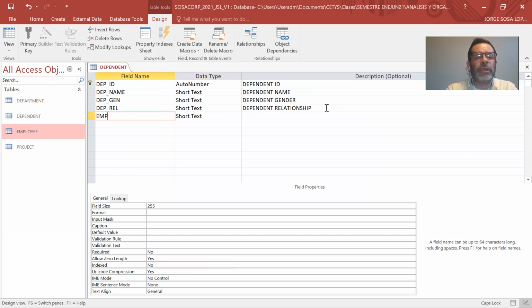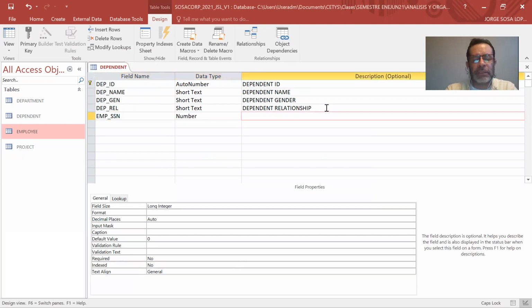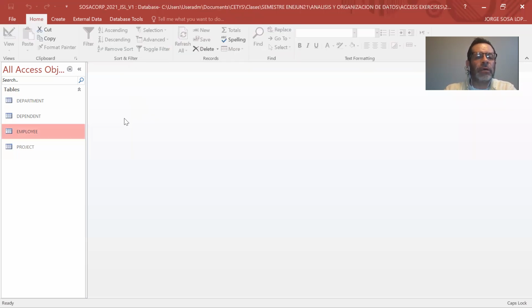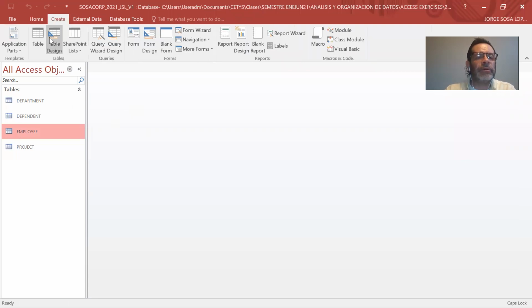the employee social security number. This is going to be a number, and this is going to be dependent, the employee dependent social security. So the employee that's associated with dependent. Okay. And we are going to save, and we're going to close, and we're going to do the last table, create